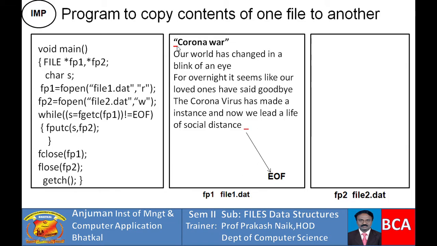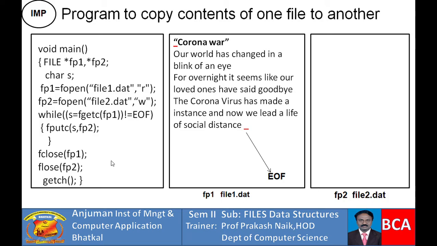Okay. And initially, the double quotes has been underlined. You can see here. That means it is the first character, the pointer is at this position. Up to where? Up to end of file. You can see here, this is the end of file marker. Okay, let's proceed. fp2 is equal to fopen file2.dat comma w. So whenever we use w, a new file will be created. The file name is file2. You can see on the right hand side, file2 is blank.